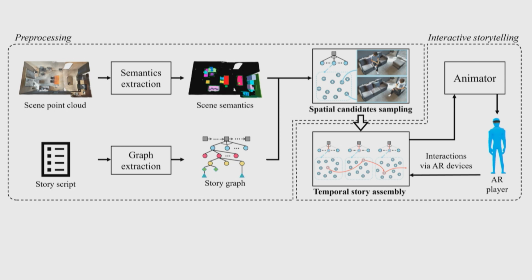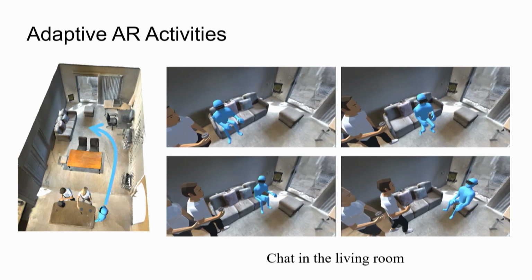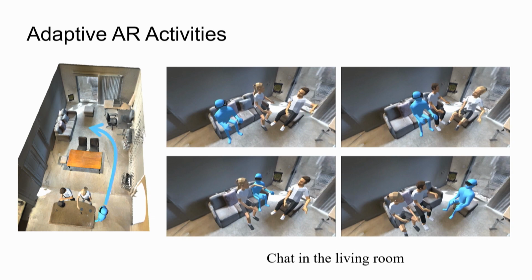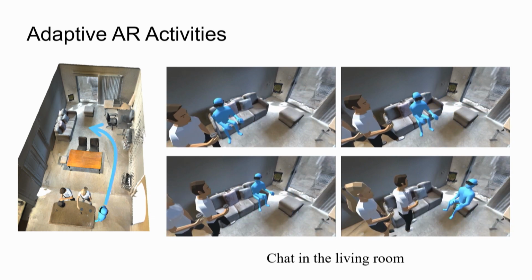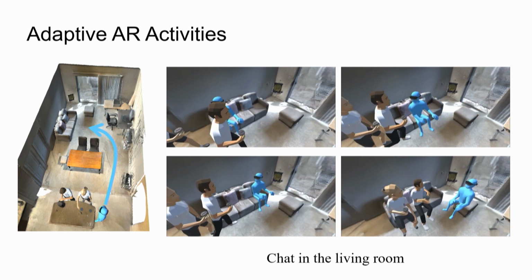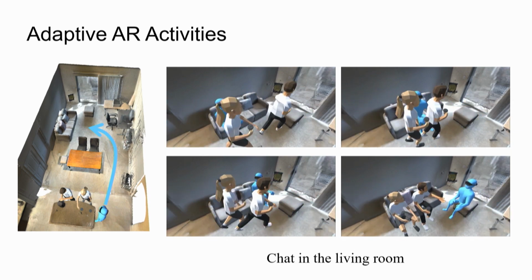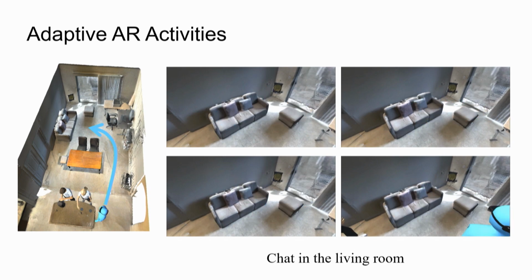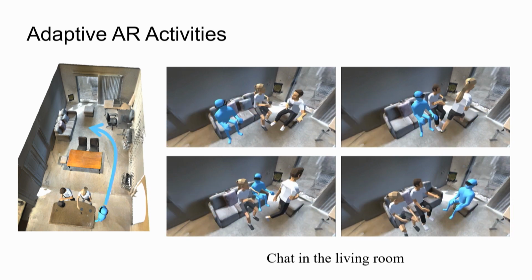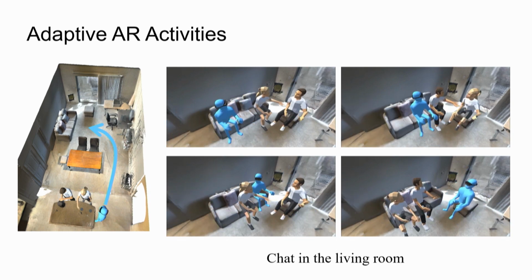We have an arXiv paper published, not an official publication, but definitely we are working on that, and we have some initial results. So here are more examples, and because the engine is adaptive, it can also understand the user's action to a certain extent, and then accommodate the user's action. For example, if I choose this chair, the other characters are not going to compete with me to get that chair, right? They will sit next to me, right?